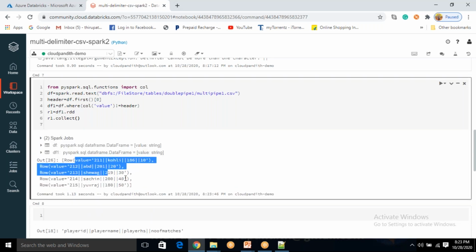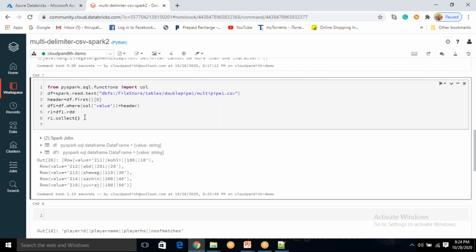Get this data. Now, if you say x, like when you get this particular row, when you get this entire row, row of 0 means you will get only this part. Again, when you say this row of 0, you'll get only this part. Now, what I need to do is, here I'm saying map function you need to use whenever you are transforming the data. So map function, lambda x colon.